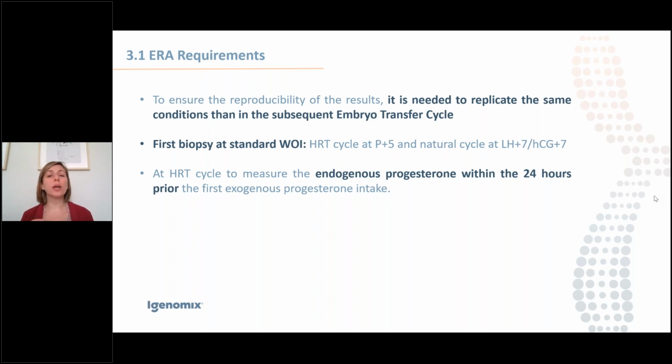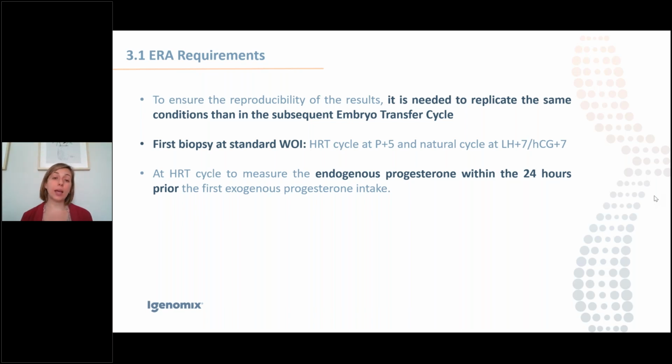But also we have found some cases in which there is a change in the window of implantation. But as these cases were not under a proper study, we don't know if it was due to the pregnancy itself or to variation in any other variables that could affect the ERA result. So for that reason, we want to carry on a study in which we can control all the variables and then finally be sure about if it affects or not, or maybe some patients or maybe none of the patients. But for the moment, our recommendation is that if your patient has had a pregnancy and a delivery, you can keep following the previous ERA result,